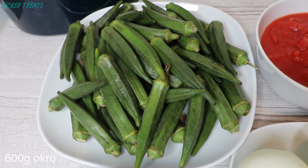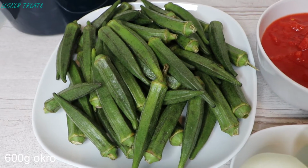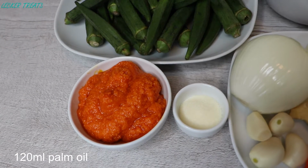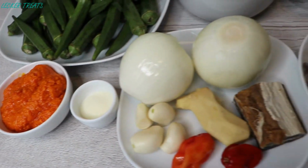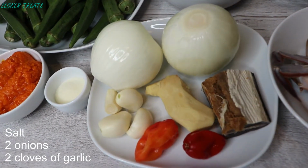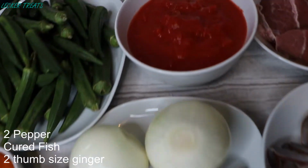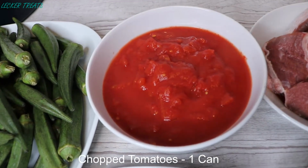For our ingredients, we need some okro. You can either use fresh or frozen okro. We need palm oil, some salt to taste, onions, garlic, ginger, pepper, and any cured fish, but using it is optional. We need some chopped tomatoes,